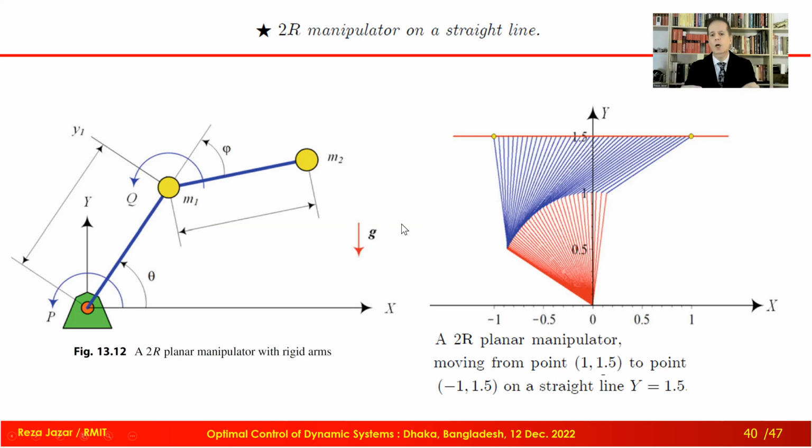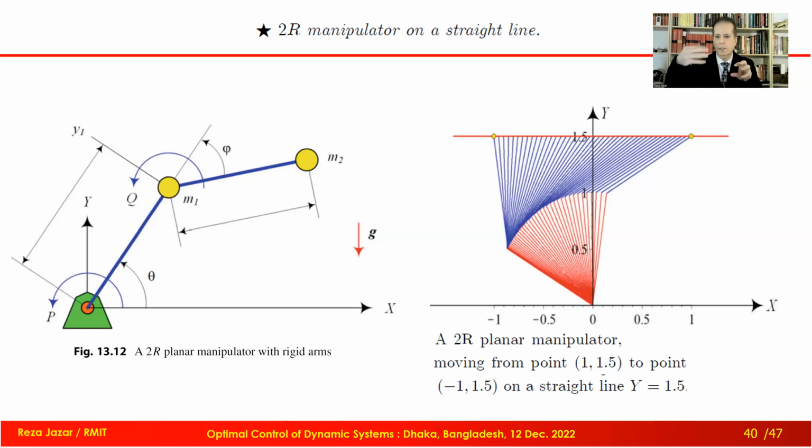Here, I assume a 2R ideal robot. Ideal robot means the arms have no mass. And we have one M1, as you can see, which is the mass of the motor in air, and one M2, which is the payload, or whatever mass the robot is capturing and moving. Motor 1 is on the ground, so the mass of that motor is supported by the ground and is not important. The dynamics of the motor, let's ignore that.